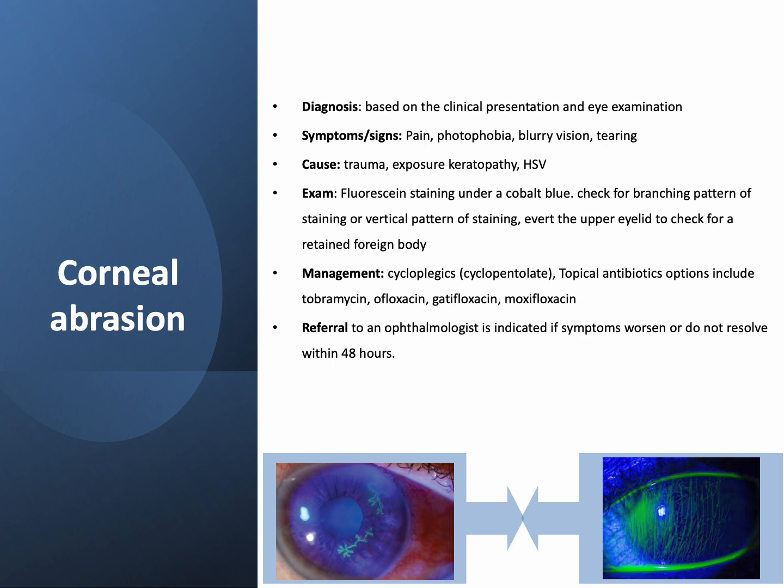The important red flags or things you should look for is the branching pattern. If you see this branching pattern, then you should suspect herpetic infection. And also if you see this vertical pattern of staining, then you should suspect a foreign body and you should evert the upper eyelid and look for it, because this is very typical,